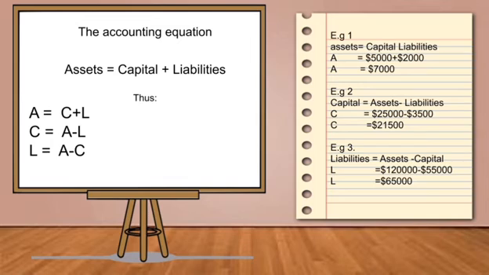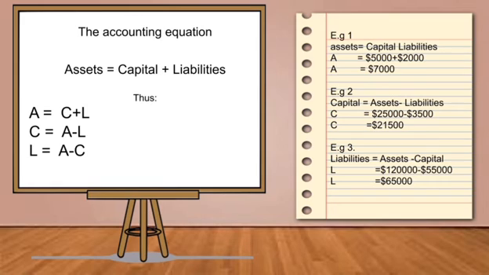Now we want to find capital. So what we do is we take away liabilities from assets. So therefore, we're going to take away $3,500 from $25,000. That will give us a capital of